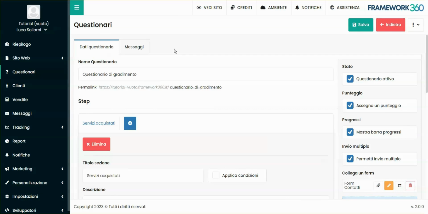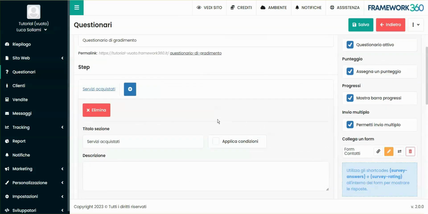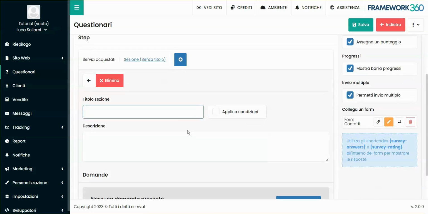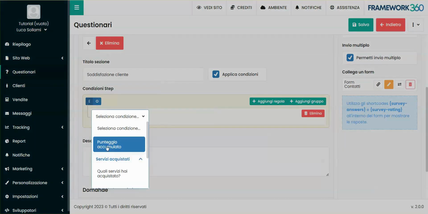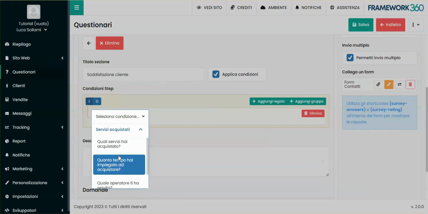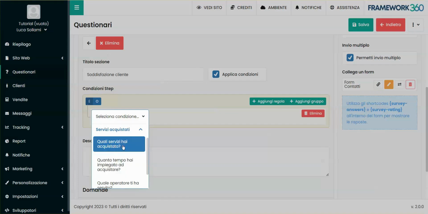If, for instance, we offer only a few consulting slots, we move forward. In this case, we create a new section. Let's go back up. Among the steps, the first step will be purchased services. The second step, we call it, for example, customer satisfaction. In this case, we might apply conditions based on the score accumulated in the previous steps. Anyway, this section could be displayed based on the customer's